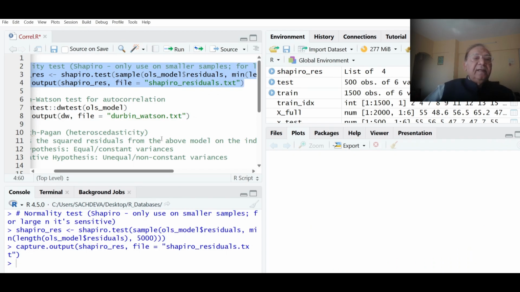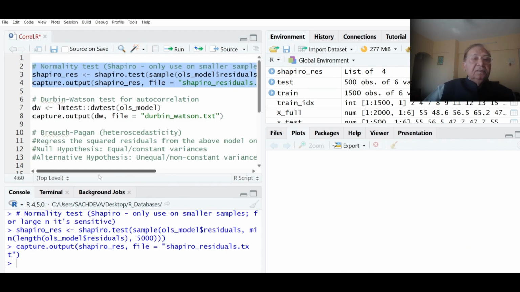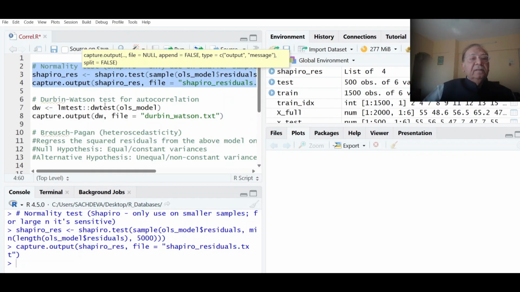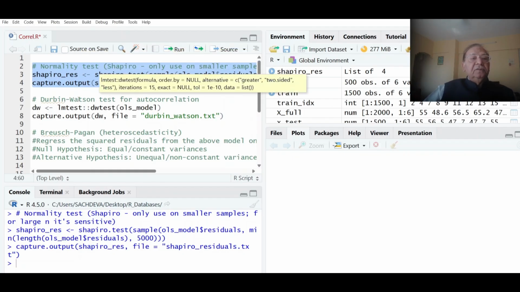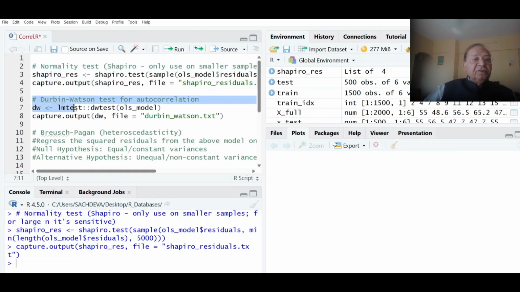Let us run the second test, the Durbin-Watson test. The Durbin-Watson test value should be near 2. If it is near 2, then there is no autocorrelation. The Durbin-Watson test is always used to see whether there is any autocorrelation between the residuals. So, run it,